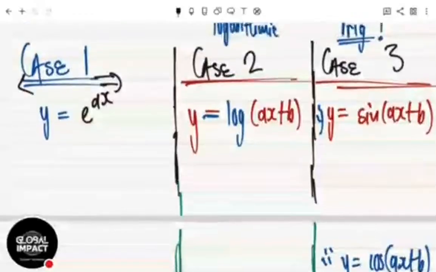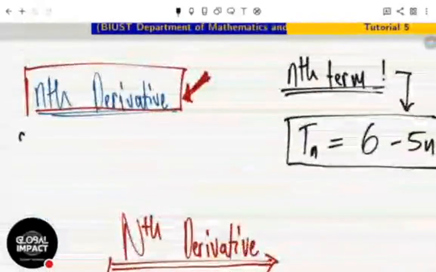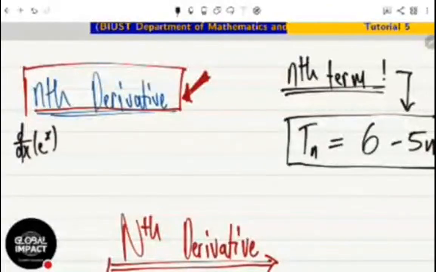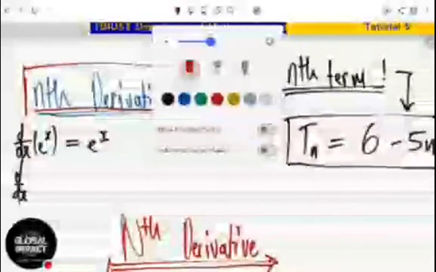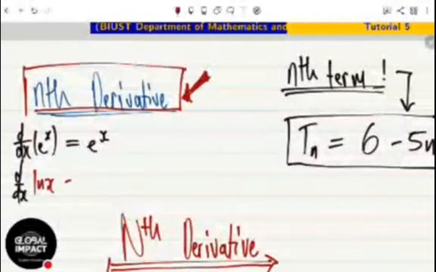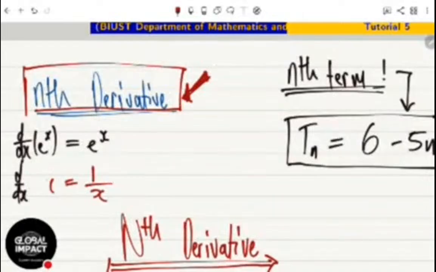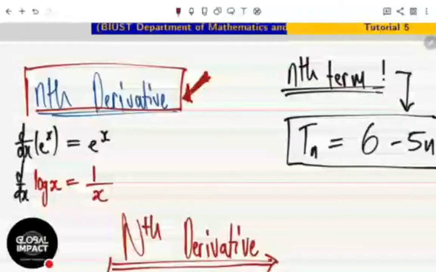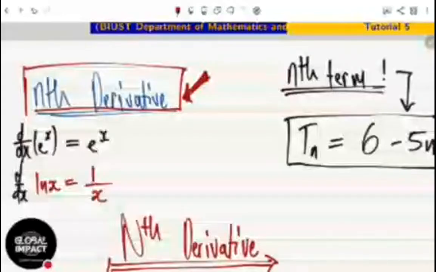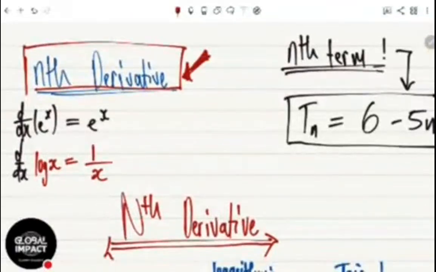But what you must know is that when you differentiate in our table, we say that if you differentiate e to the x, you are going to get e to the x. Then in our table, we also say that if you differentiate ln x, you get 1 over x. Or if you differentiate log x, you are still going to get 1 over x. Here we want to focus especially on ln x: if you differentiate an ln x or some log base 10 of x, you're going to get 1 over x. This is the derivative of this, right?